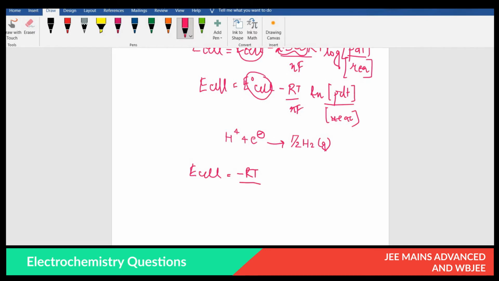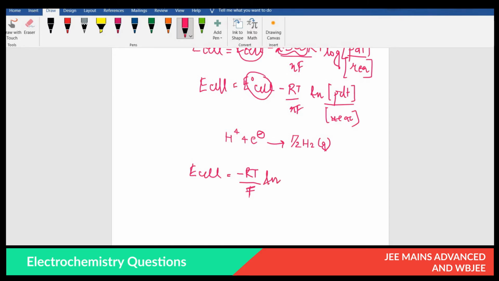N is the number of electrons lost or gained in a particular reaction. In this case, we have gained 1 electron, so it should be 1. Since we do not write 1 anywhere, it is considered as if it is present. So we write minus RT by F